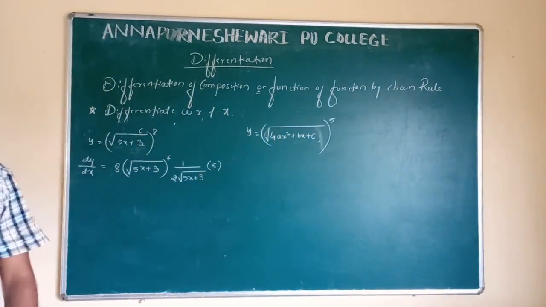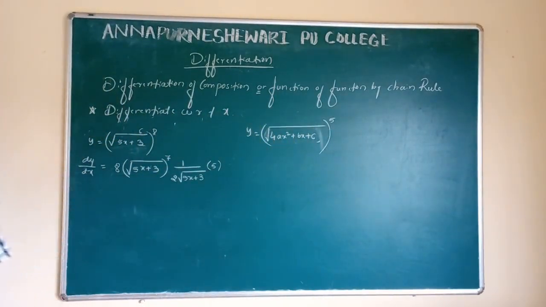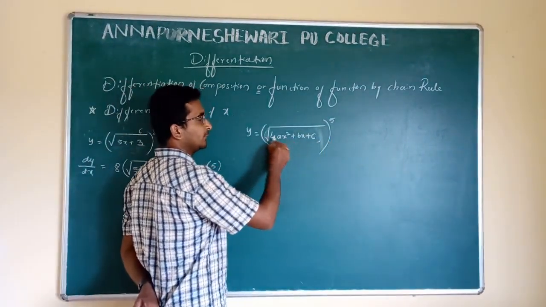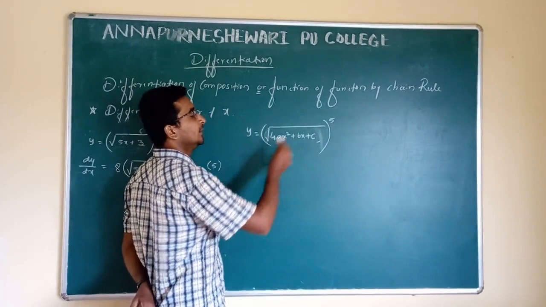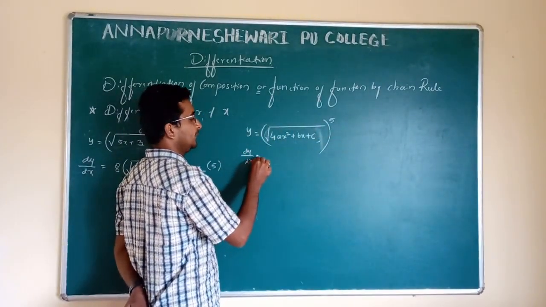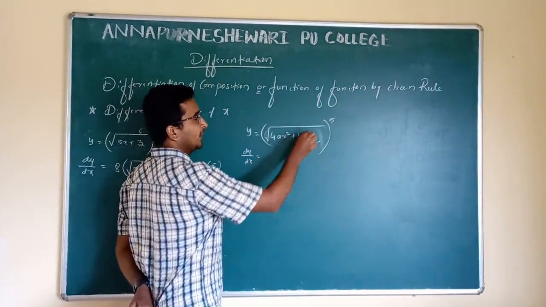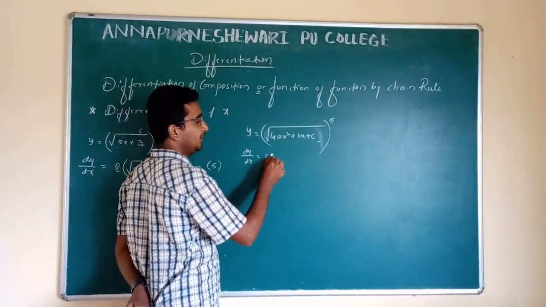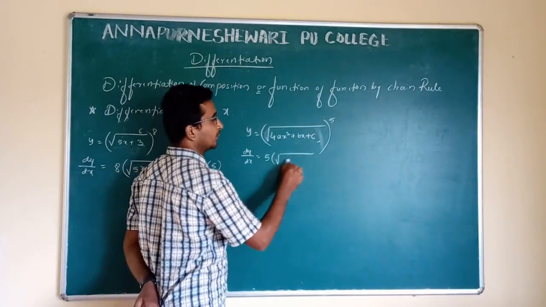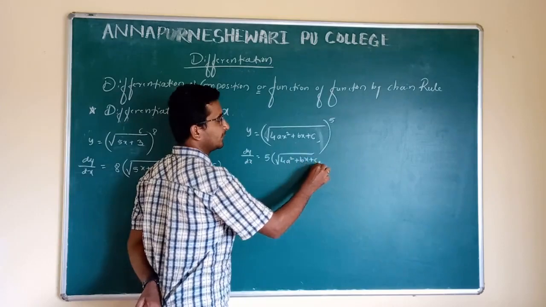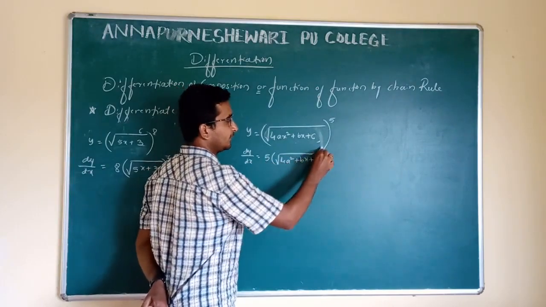Whole raised to 5. Then how are we going to differentiate this one? This is again x raised to 5, but x is in the form of root x. Getting? From outer side to inner side, dy by dx is equal to 5, x raised to 5 means 5 times x, where x is root of 4ax square plus bx plus c, raised to 4